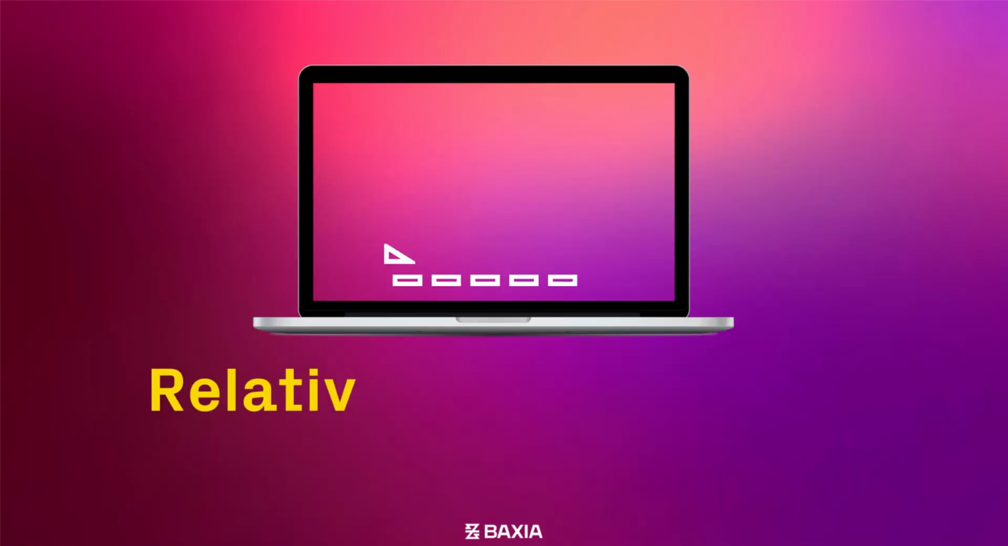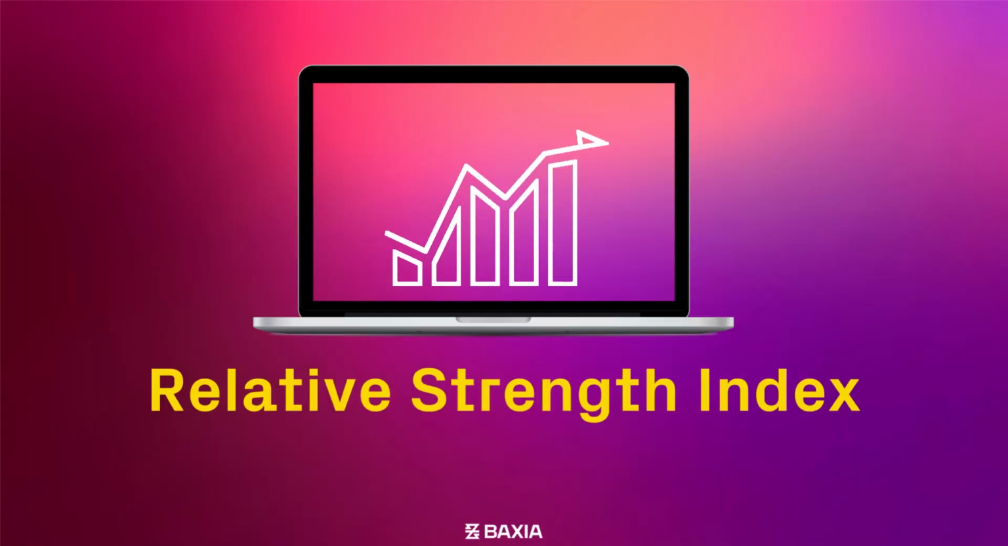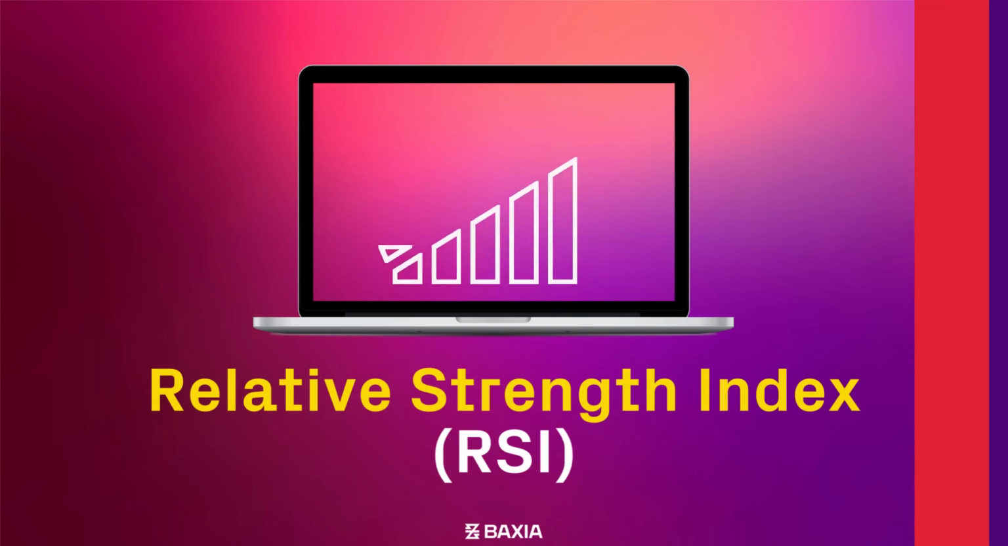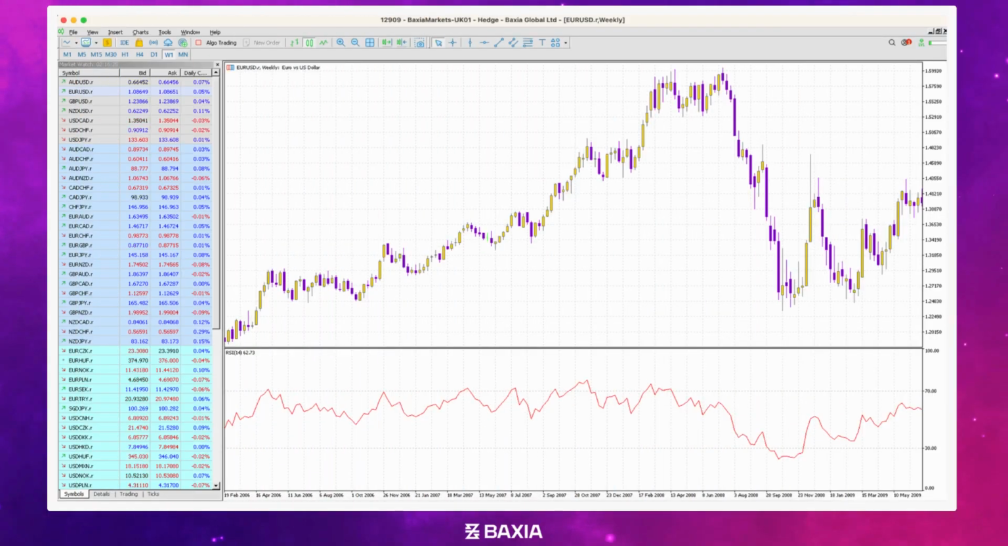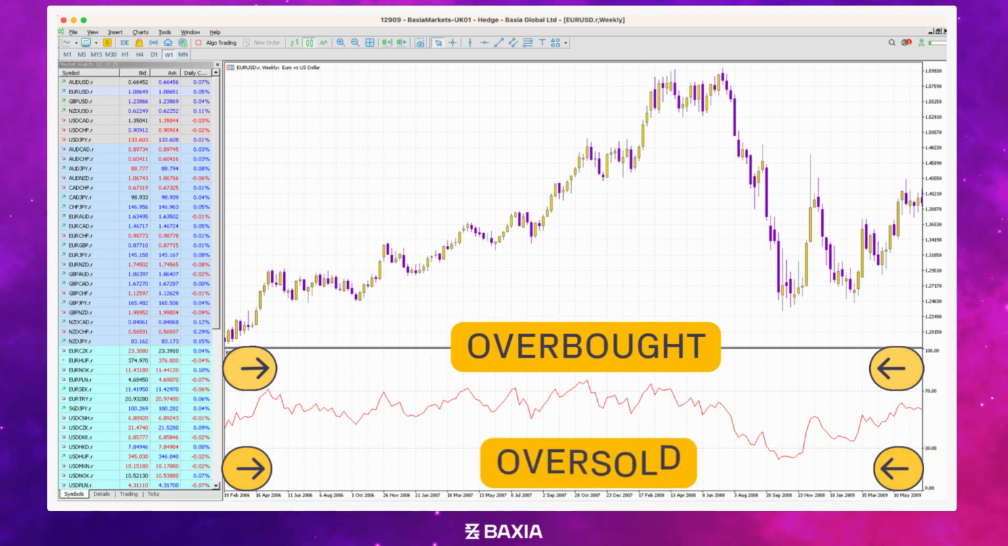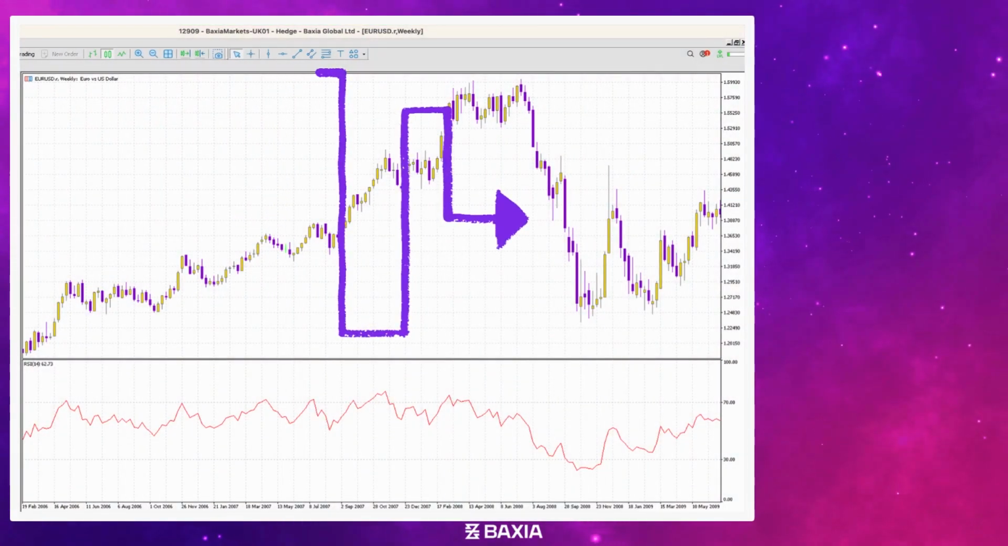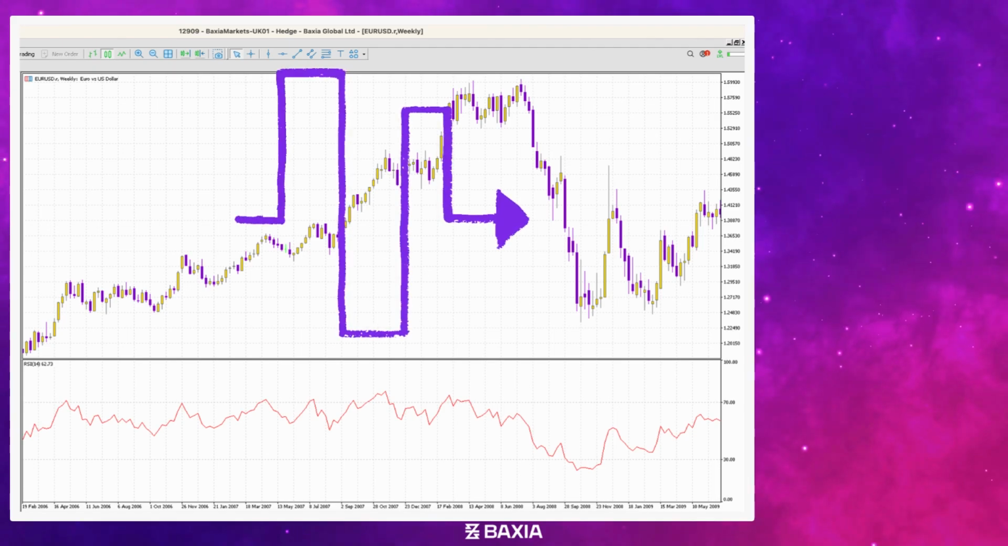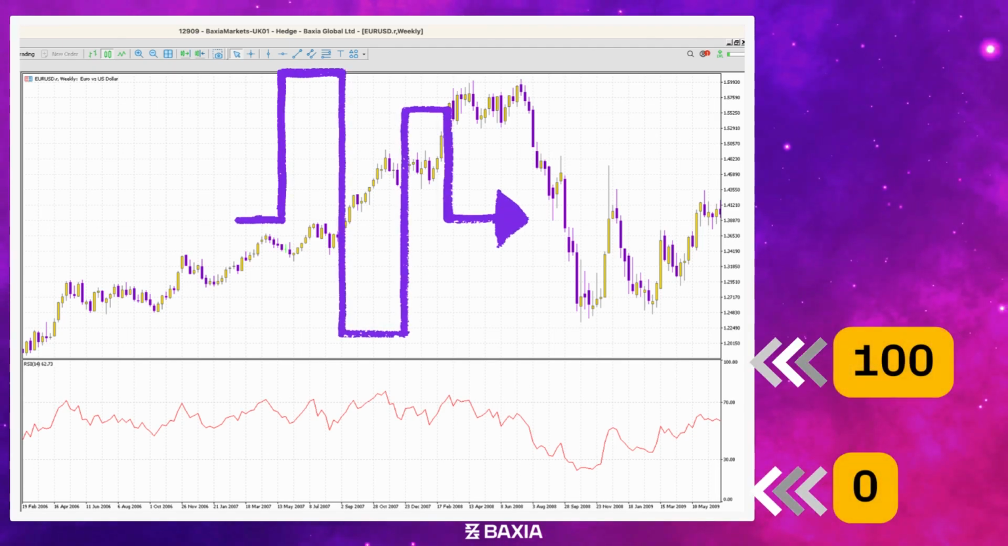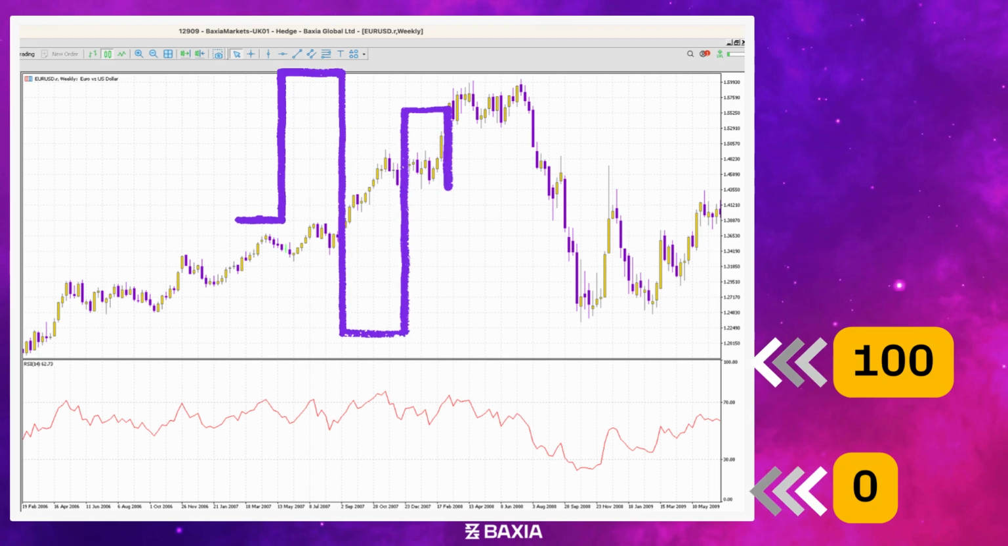The first indicator we are going to talk about is the Relative Strength Index, or RSI. This indicator helps you identify conditions where an instrument is overbought or oversold in the market. More specifically, the RSI is a momentum oscillator. The momentum of the RSI will oscillate between 0 and 100 from its measurements of the speed and changes in